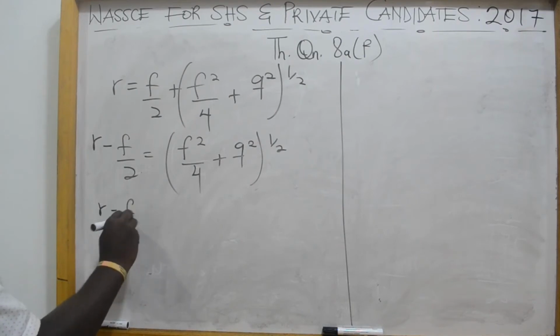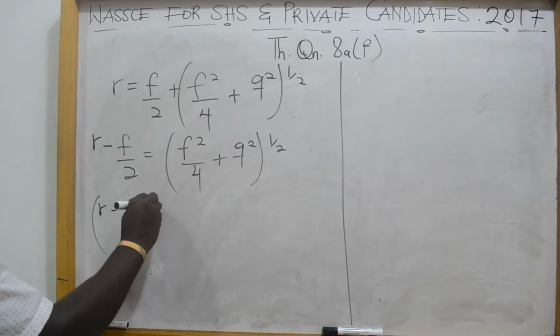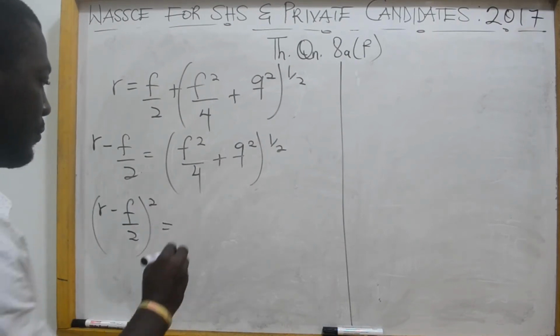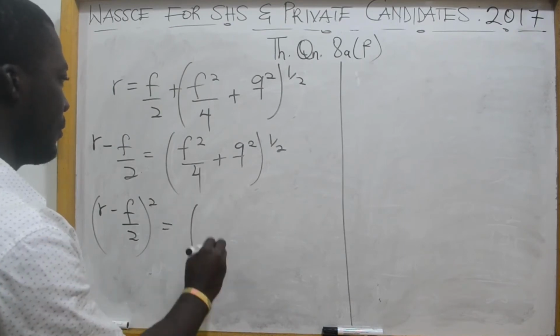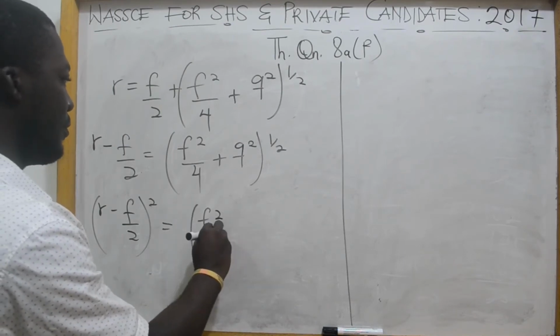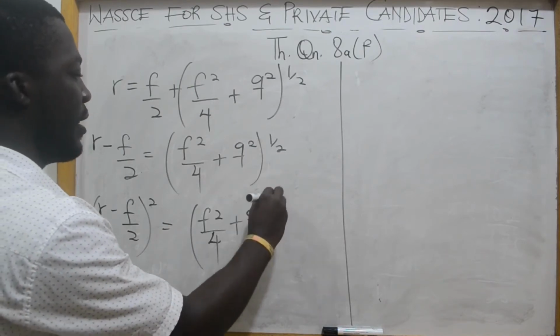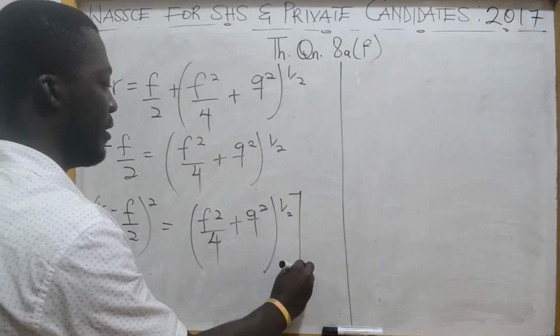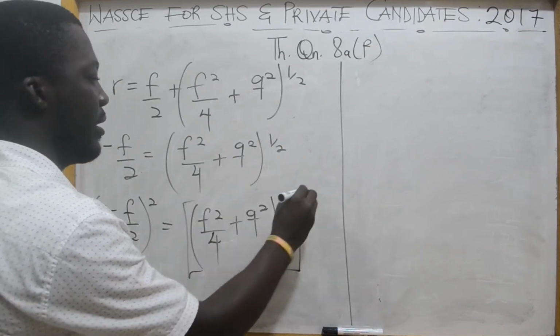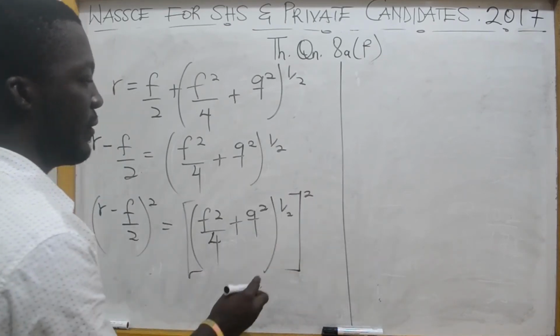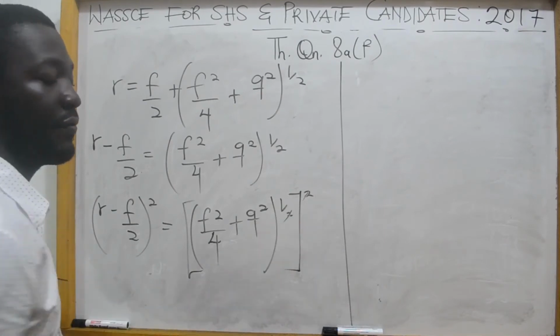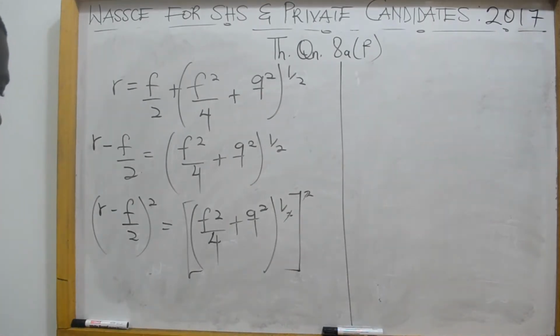R minus F out of 2 all squared is equal to F squared over 4 plus Q squared exponent half. Then we also square this expression, and this square will take care of the half, and we are going to get